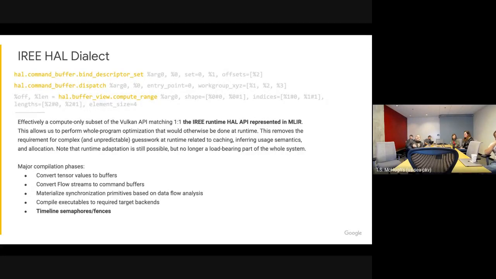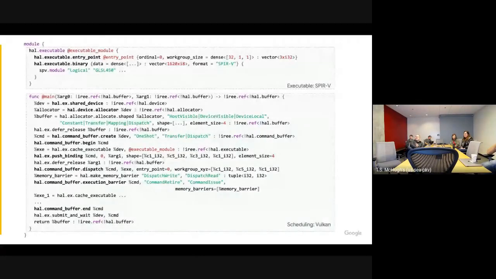The payoffs here are really nonlinear, and that's why it's worth it to do all of this, I guess. And this is a lot of stuff, but really just to show the end-to-end, we're continuing on this thing. We have an executable binary. At this point, once we've lowered to this HAL dialect, we've decided we're targeting SPIR-V and Vulkan, for example. So our executable was compiled to SPIR-V. And again, using the MLIR infrastructure, that little blob inside of there, that SPV module, is the SPIR-V dialect.